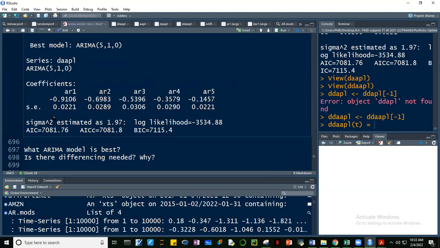Ito yun, ARIMA 510. Take note, ang minodel natin ito difference na Apple series. So sinasabi niya dapat magdi-differencing pa. So another differencing, that's called DDAPL. DDAPL at time t is equal to negative,